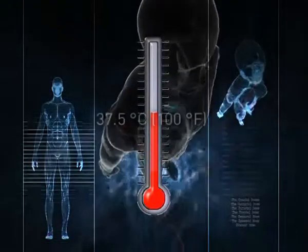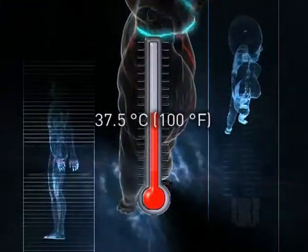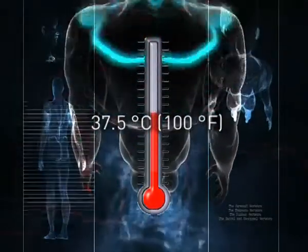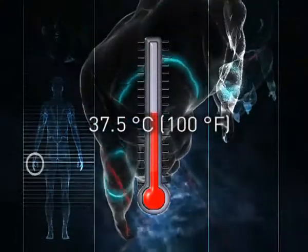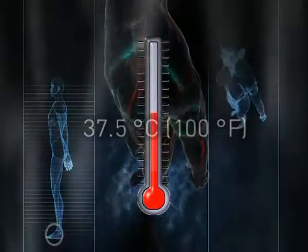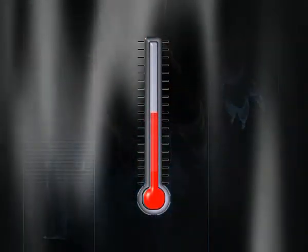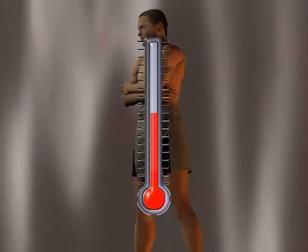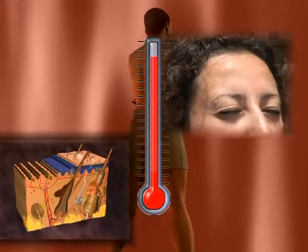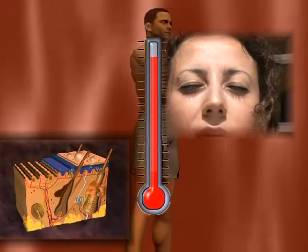In order for the human body to work at its best, it should have an internal temperature of around 37.5 degrees Celsius, 100 degrees Fahrenheit. A sophisticated system of thermocontrols keeps the temperature more or less constant, particularly for the vital organs such as the brain, heart and kidneys. When the body overheats, excess heat is expelled through dilation of the vessels in the skin